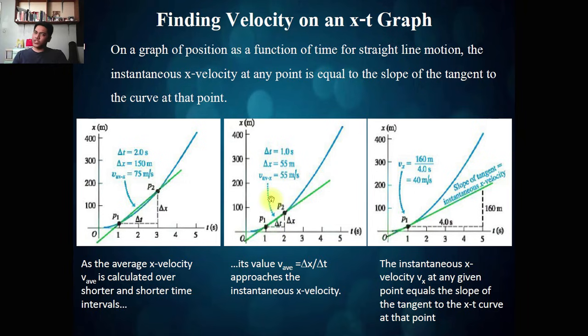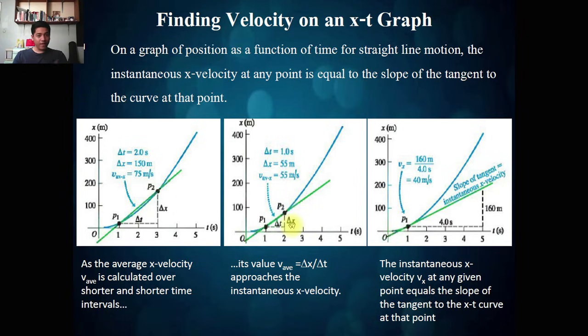But the definition of instantaneous velocity is the limit of delta x over delta t as delta t approaches 0. If we wish to move one point closer and closer to point P, but they never have the same position, then we will be getting what we call the instantaneous velocity x. So, as the average x velocity is calculated over shorter and shorter time intervals, as it says in this PowerPoint, its value, v average, delta x over delta t, approaches the instantaneous velocity,